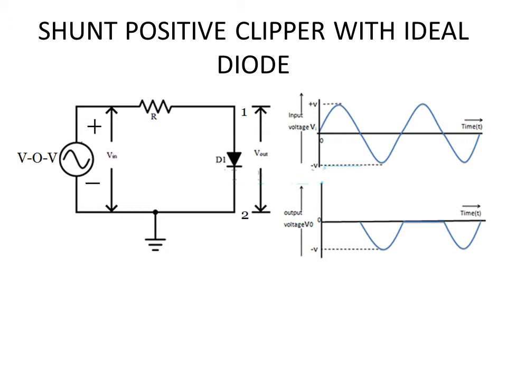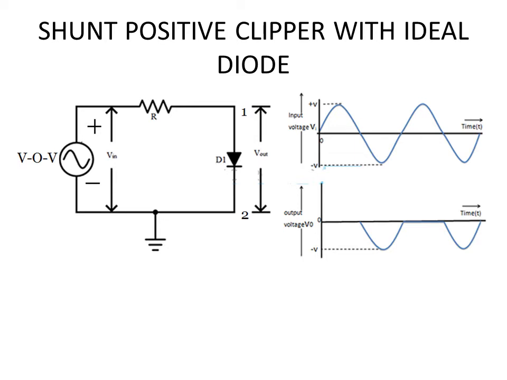This is only one option. You can also connect the diode at the place where I have shown the resistor here. In that case, the source is connected in series with the diode. That will act similar to the rectifier, and in that case also our objective will be met. It will be removing one half of the input. So that is also a possibility, but since I don't want you to get confused between the rectifier circuit and the clipper circuit, I don't want to deal with the series clipper circuit, so we will just be considering shunt clippers. We don't discuss series clippers. So this is referred to as a shunt positive clipper.